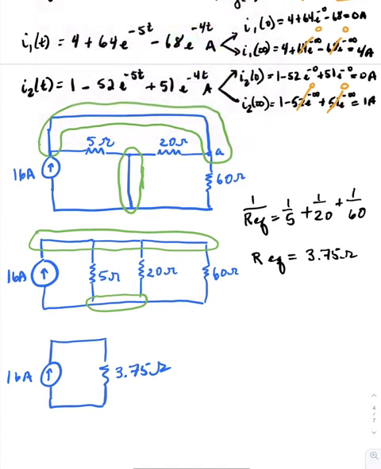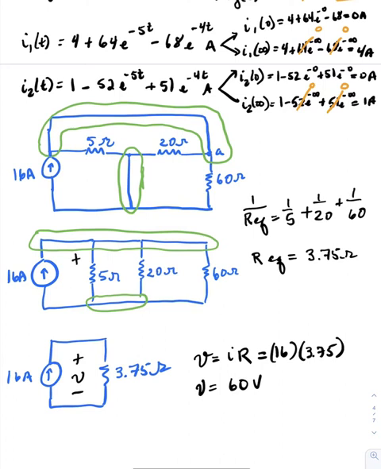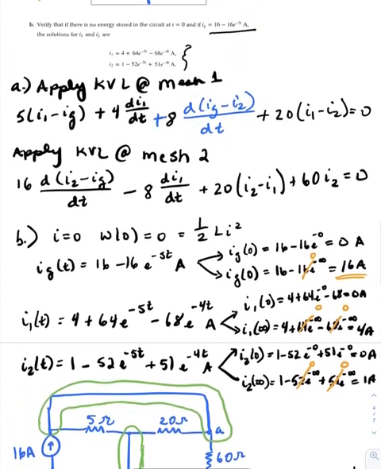So our voltage here is 16 times 3.75, which is 60 volts. So we have 60 volts. Okay, if we look at our original circuit,